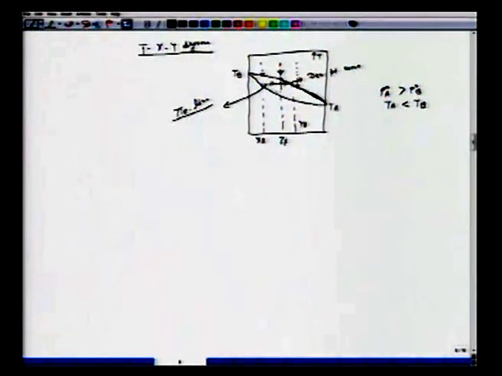If we further cool it here, the amount of liquid will be more, and all the time the ratio of the liquid amount and the vapor amount will be given by this ratio. If we keep on further cooling it till we hit this point, we can say that we have hit what we call the bubble point curve. If we further cool it, we have now this pure liquid. So starting with pure vapor, we have L plus V, then we have this liquid.